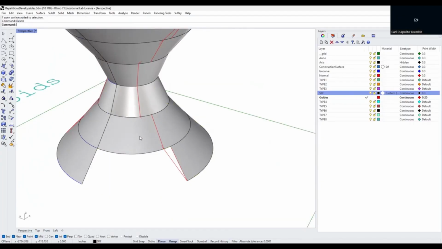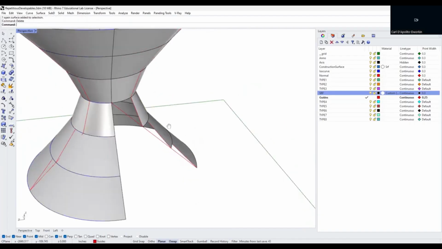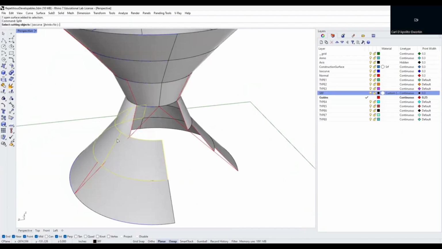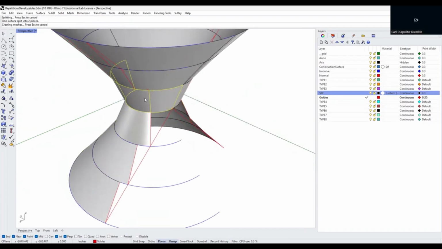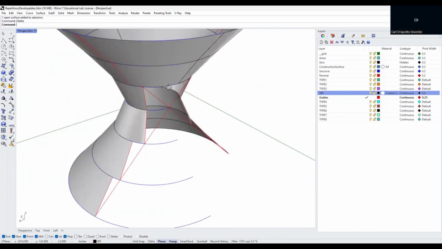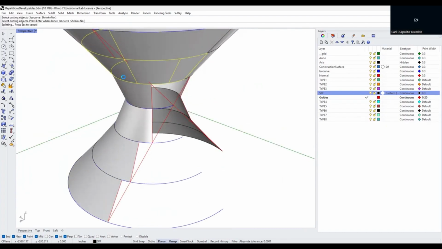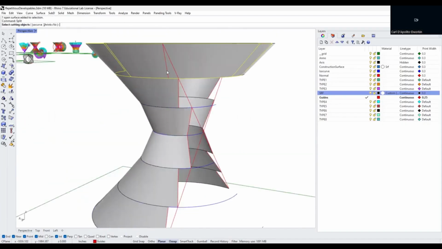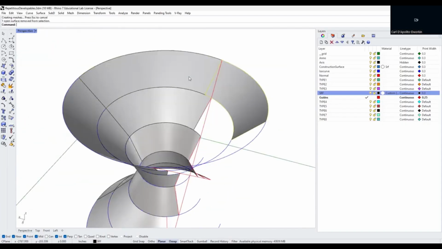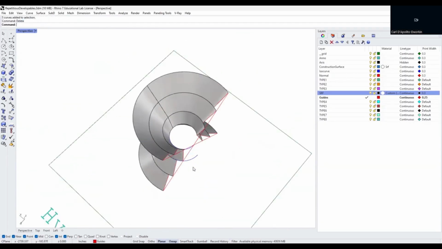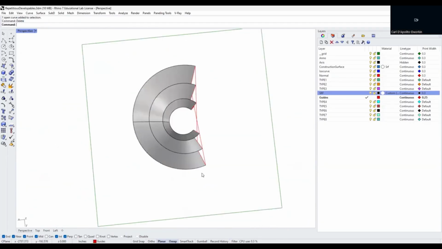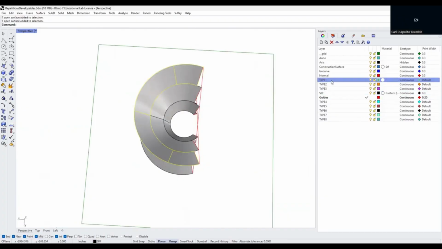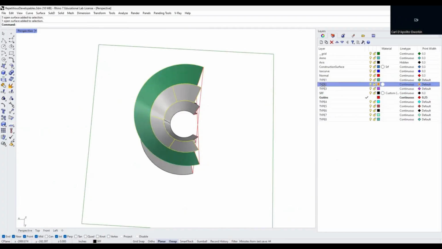And I can get rid of the portion of the surface that's over here. Like so. And then I can put this on type 1, type 2,